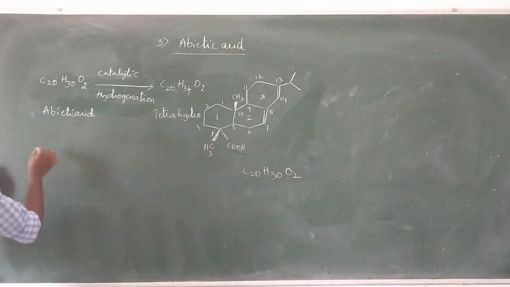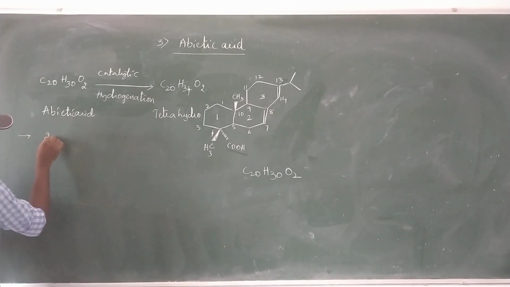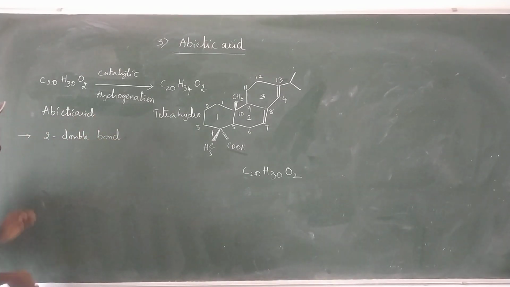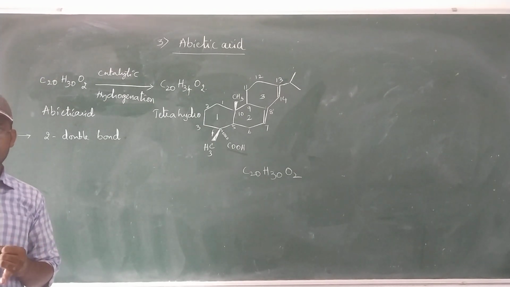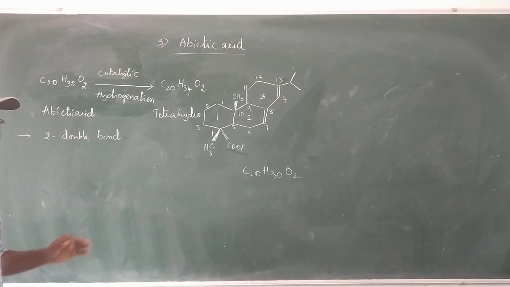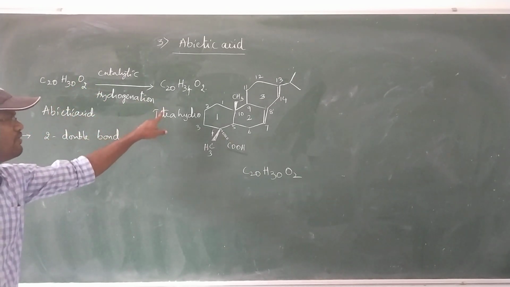The reaction suggests ebitic acid has 2 double bonds, and these 2 double bonds are capable of undergoing catalytic hydrogenation. But from double bond equivalence we get 3 unsaturations in ebitic acid. Double bond equivalence is 6, indicating 3 rings plus 3 double bonds. But in this reaction we confirmed only 2 double bonds. Due to having 2 double bonds, ebitic acid undergoes catalytic hydrogenation to give tetrahydroebitic acid.